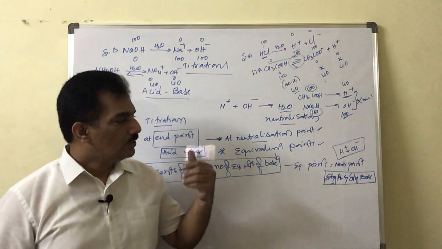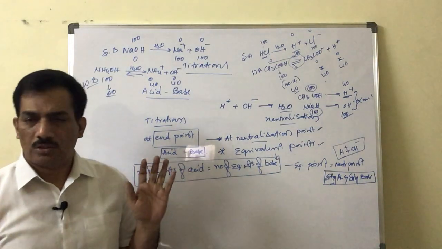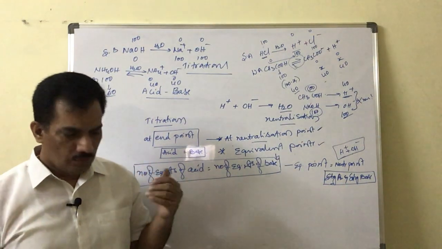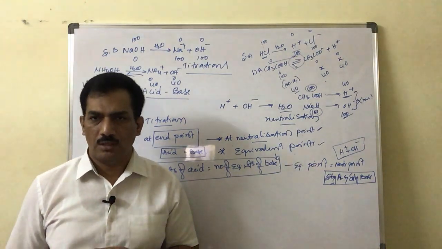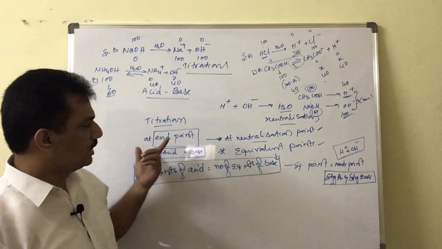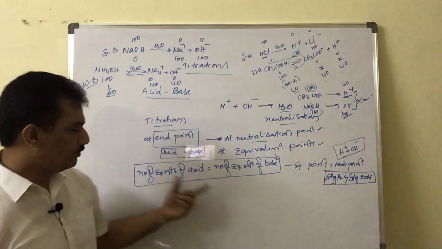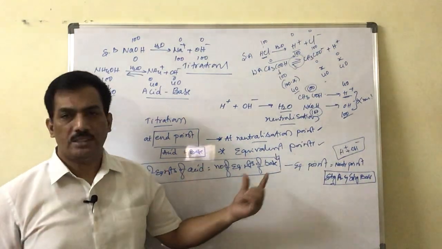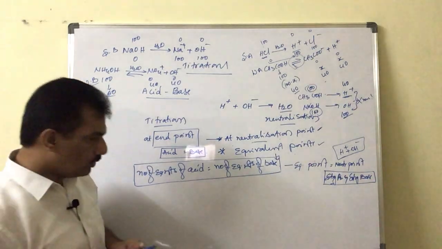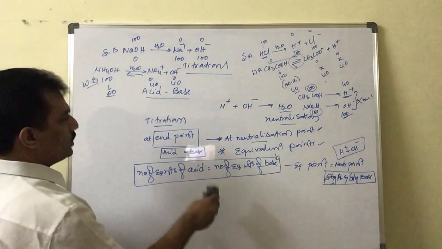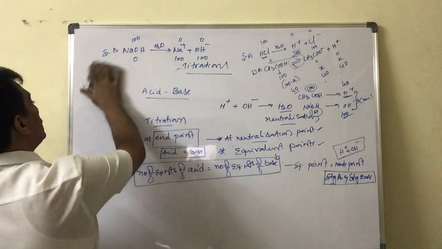Clear? And now, with this conclusion, let us leave the weak acid weak base concept. We have to continue with the titration only with strong acids and strong bases. And in the case of strong acid and strong base, the neutralization point is nothing but the equivalent point, that is, where the number of equivalent weights of acid is equal to the number of equivalent weights of base. And now the question is, how to measure that number of equivalent weights?